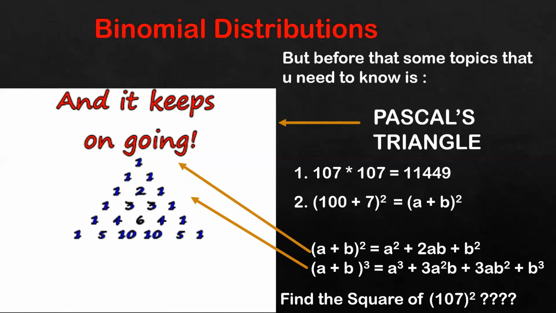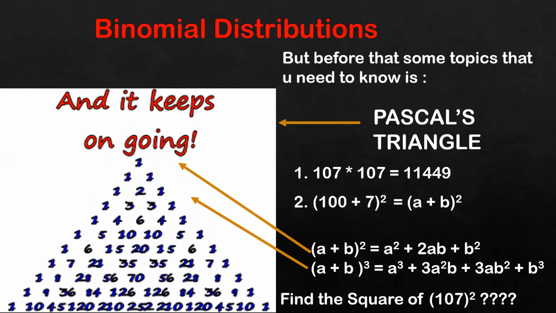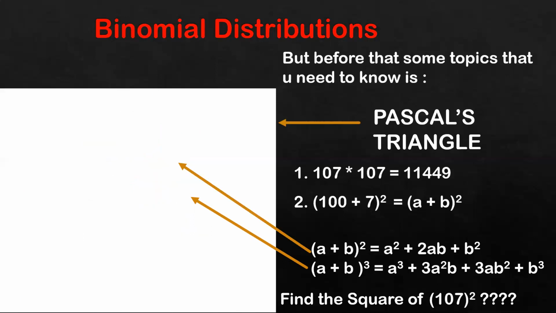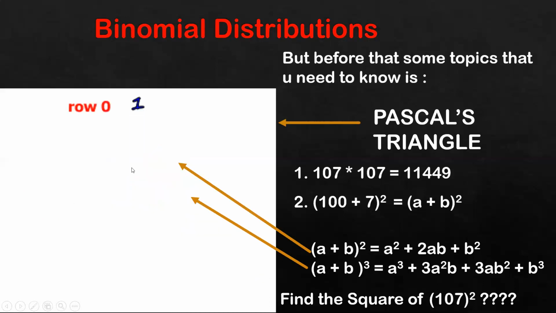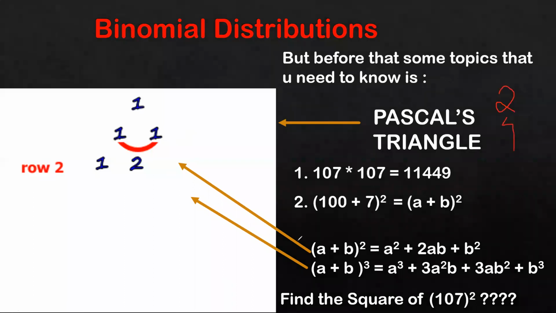4th, 5th, 6th, 7th power and so on. So you can keep increasing it. One more thing which you can notice is 1 plus 2 plus 1 gives you 4. In the start, 1 plus 1 gives you 2. So you have 2, next number you have 4. If I add 1, 3, 3, 1, it gives me 8.